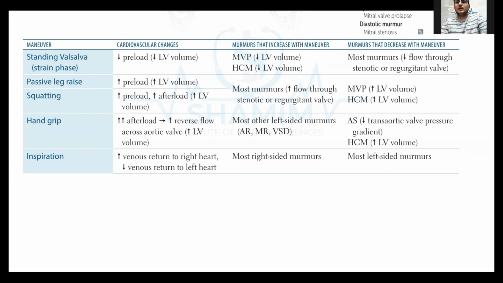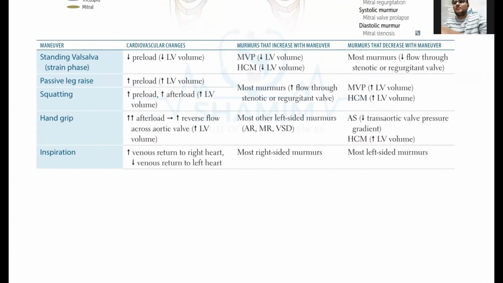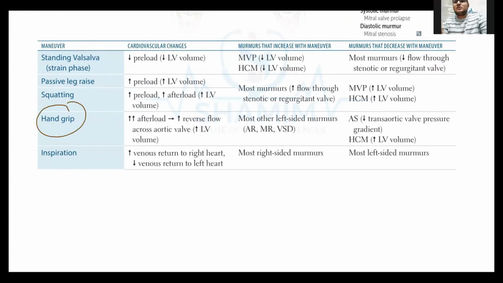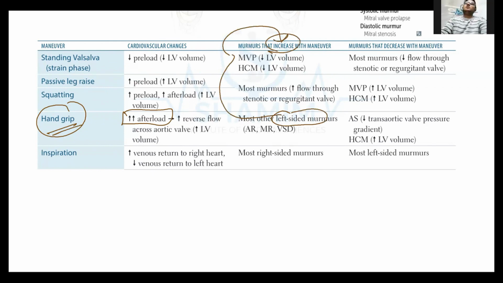ओके, फिर हम डिस्कस करते हैं हैंड ग्रिप क्या करती है, हैंड ग्रिप। ओके, हैंड ग्रिप का क्या इफेक्ट है, आफ्टर लोड बढ़ाती है, ओनली आफ्टर लोड, हैंड ग्रिप। सो जब आफ्टर लोड बढ़ता है, एक इंटरेस्टिंग पॉइंट है इसमें जो रिमेंबर करने वाला है, मोस्ट लेफ्ट साइडेड के जो मर्मर हैं वो हो जाते हैं इंक्रीज। क्यों, आपको देखा होगा कोई भी मर्मर हो लेफ्ट साइड का,